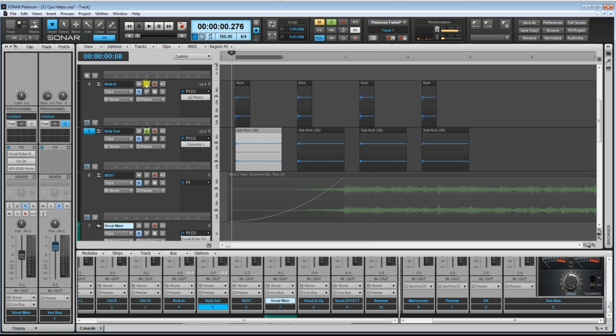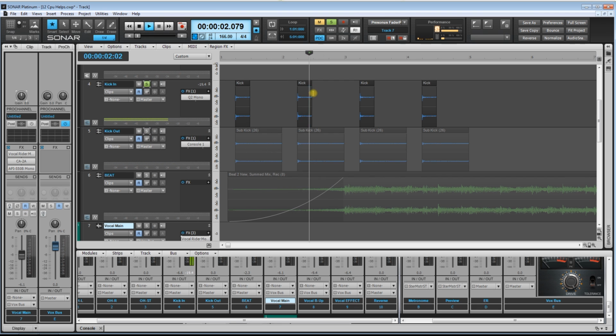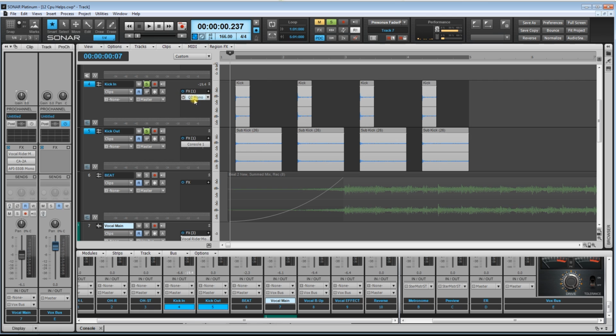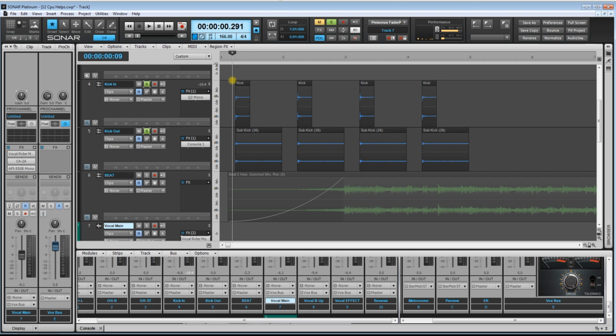So if I go ahead and solo, this is just the low. And then this is the kick in mic. So between these two, maybe you've gone further into mixing this kick drum. You've added compression, and now you're up to 6-8 plugins between these two different kick drum elements. So what you can do is, if you've decided on what is a good kick drum sound, let's say you like this mix right here,